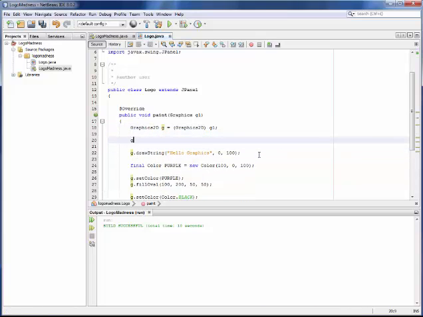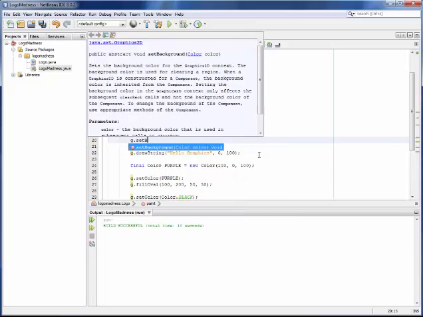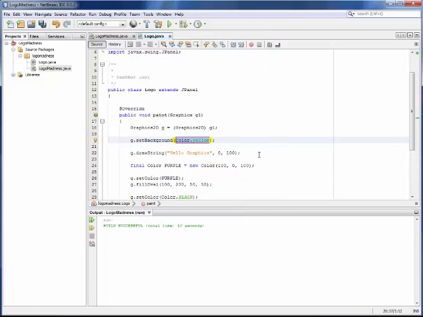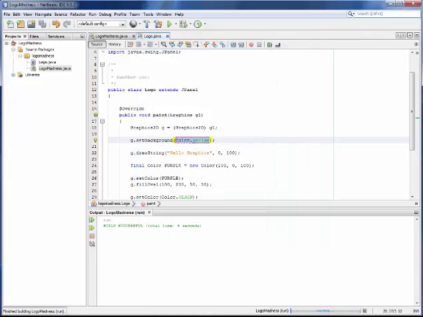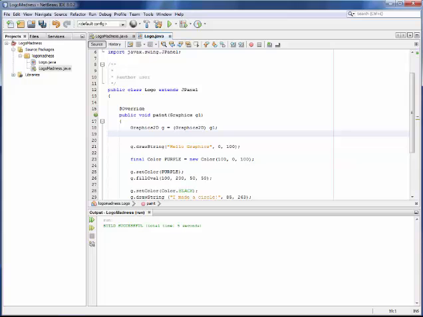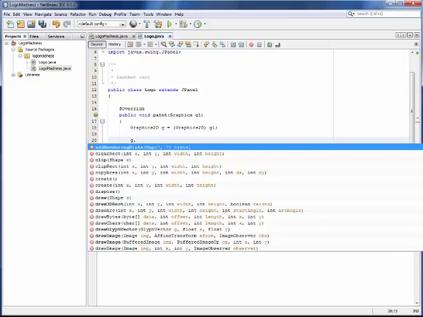Before I even get started, there's something called setBackground. And the color of the background, we'll just leave it as yellow for the moment. Just picked yellow for whatever reason. It doesn't always work. You see, it didn't make it yellow. The background is kind of a little bit fuzzy, and I've never had a lot of success reliably using the background inside of panels. My preference is to just simply do